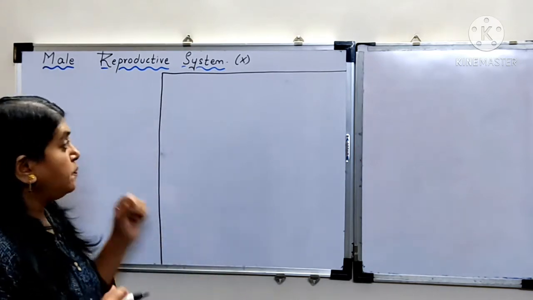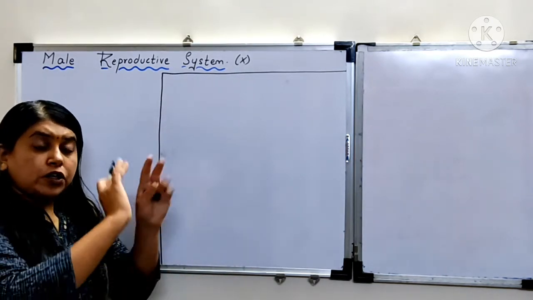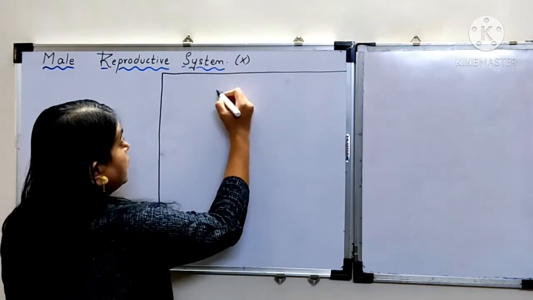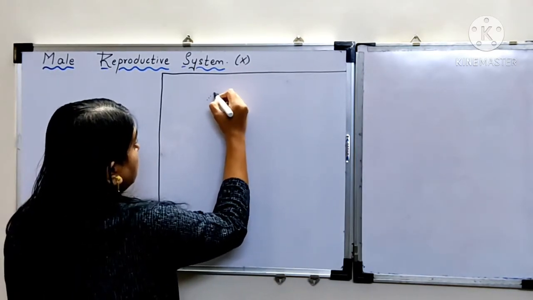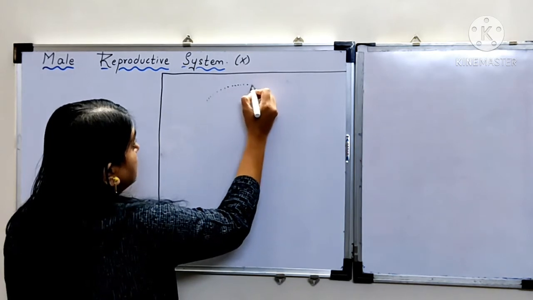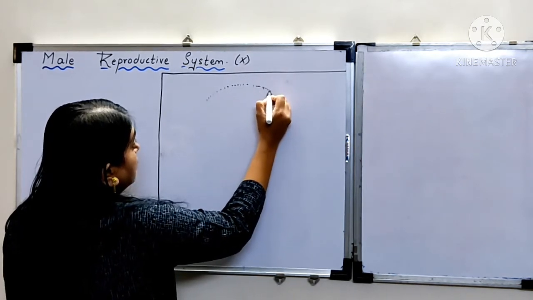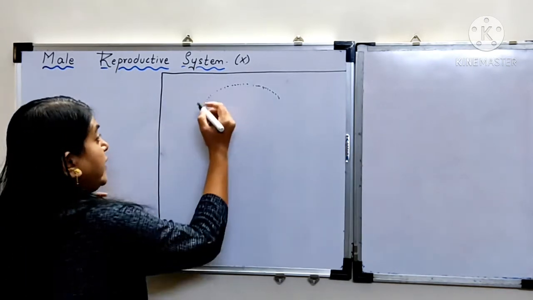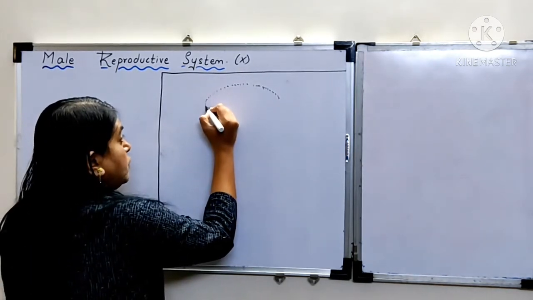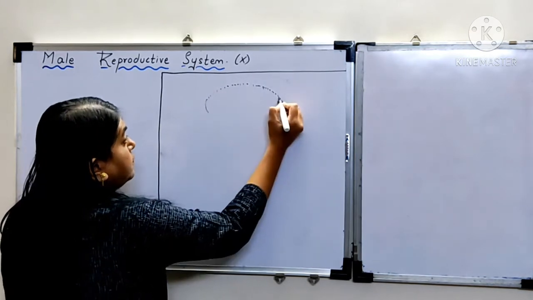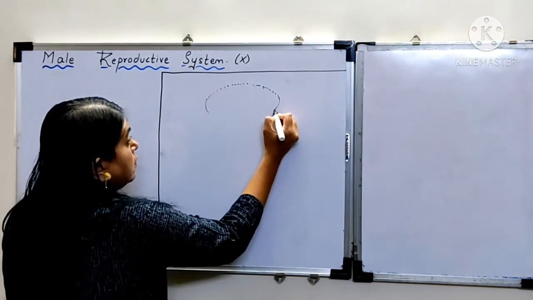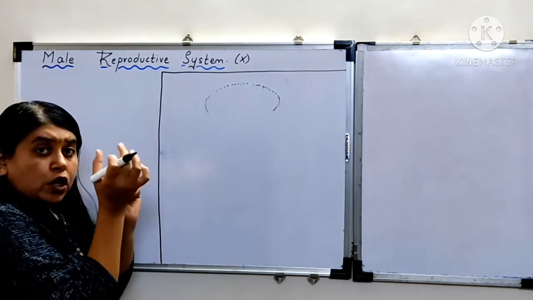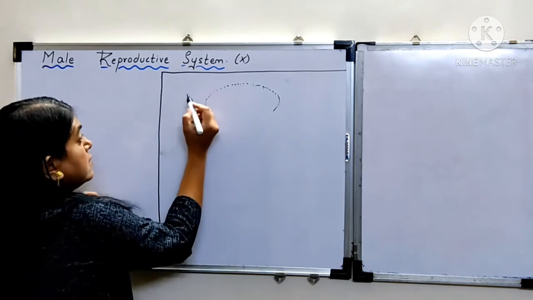So let's begin. First we are going to draw the urinary bladder, which is a pear-shaped structure. So draw it with me. Like this. A bit broad you have to draw the bladder. Draw dotted lines so that even if you have to erase it, you can. Like this structure. Then you would show two small ducts.